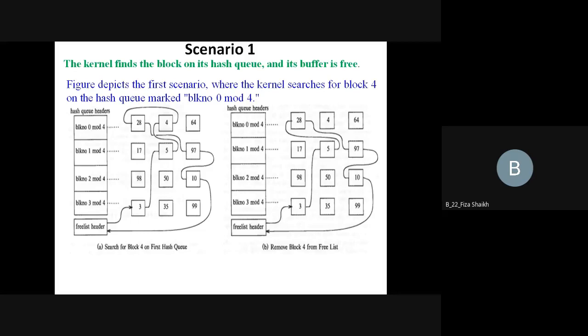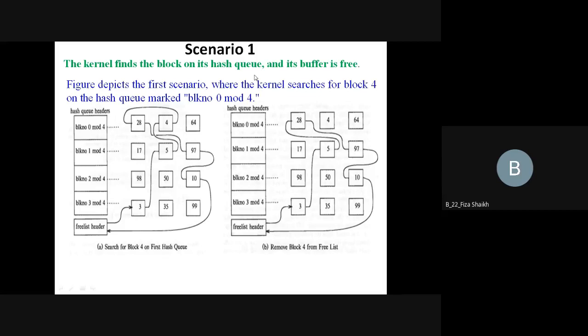Sir, the free header pointer is only pointing to the free buffers, finding the fourth buffer. And after finding it, it will also come out of the free buffers. Have you understood what I want to say?